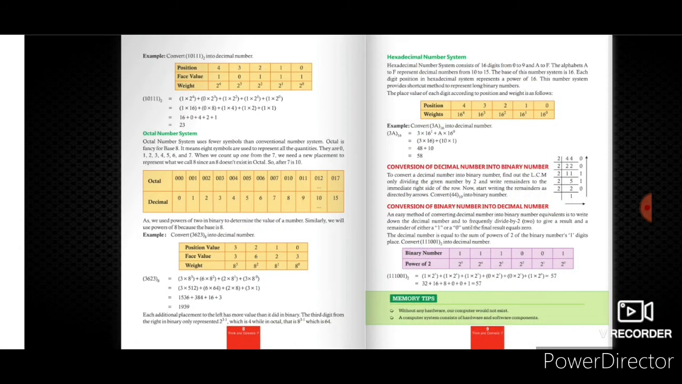Last question is hexadecimal. So on page number 9, hexadecimal, at the top, green letters, hexadecimal number system. So hexadecimal number system consists of 16 digits from 0 to 9, and A to F, the alphabets A to F represent decimal numbers from 10 to 15, and the base of this number system is 16. Each digit position in the hexadecimal system represents a power of 16. Clear? So third line, power of 16,